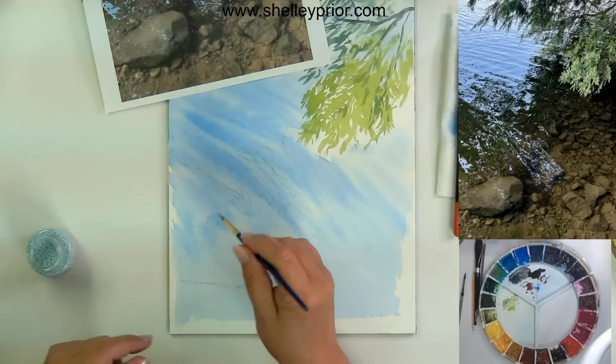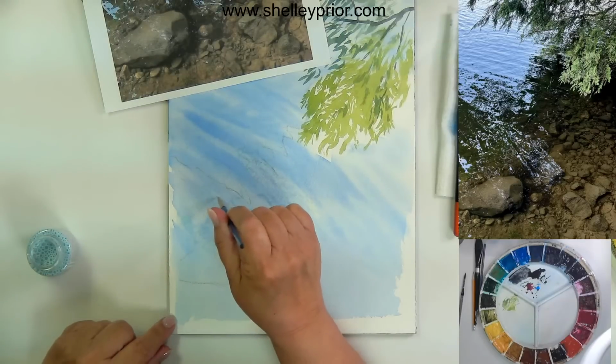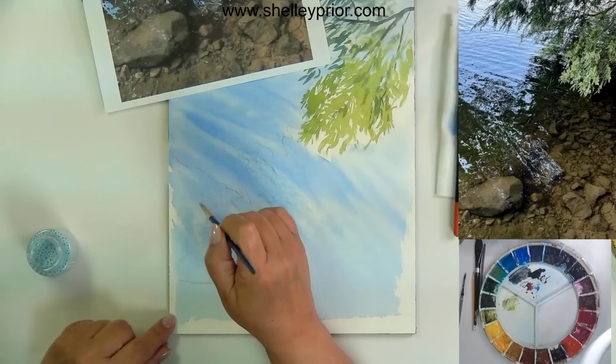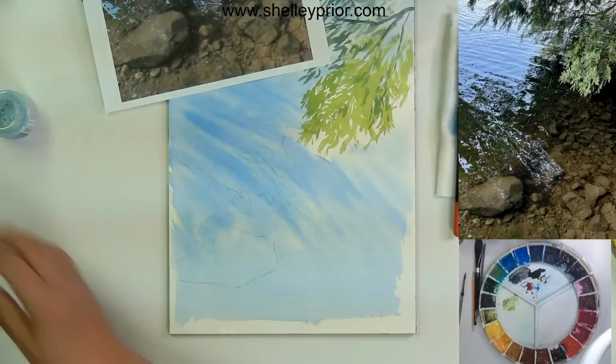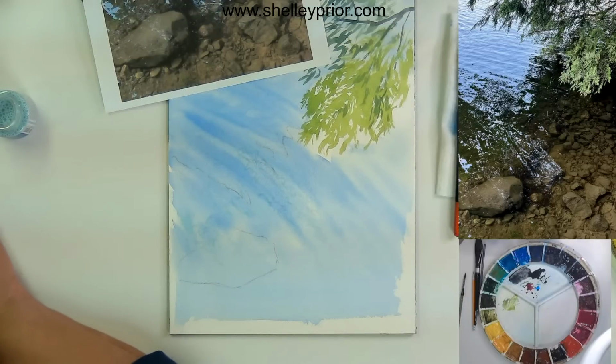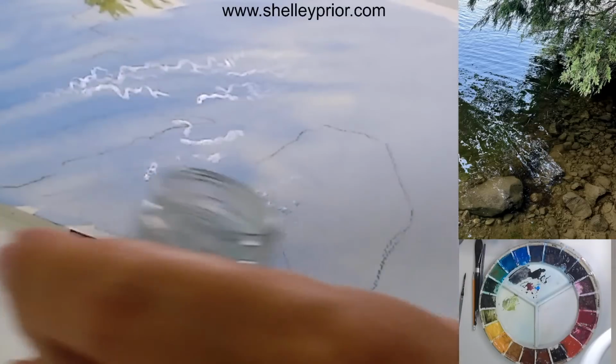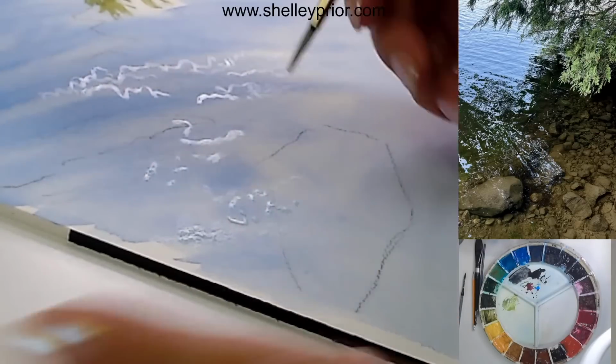Keeping the brush handle up nice and straight. Sorry, I know that makes it a little harder for you to see exactly the strokes I'm making. I'll try and angle it a little bit. Actually, I've got a better idea. I have another camera here and I keep forgetting about it. There, we can look in this direction. Then you can sort of see the strokes reflected in the mirror. All right, so